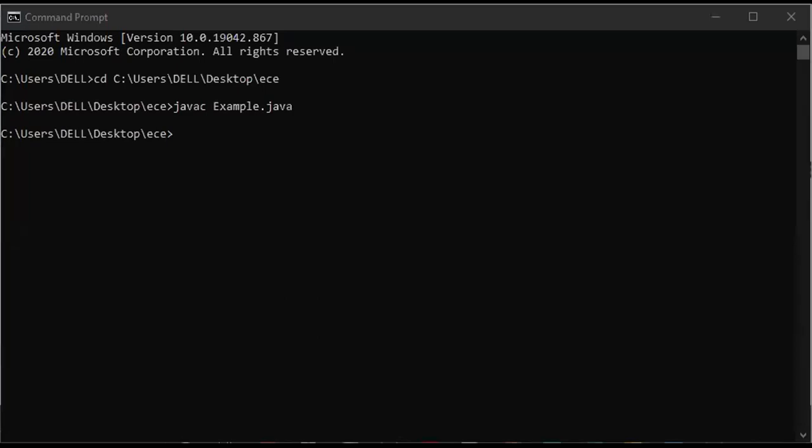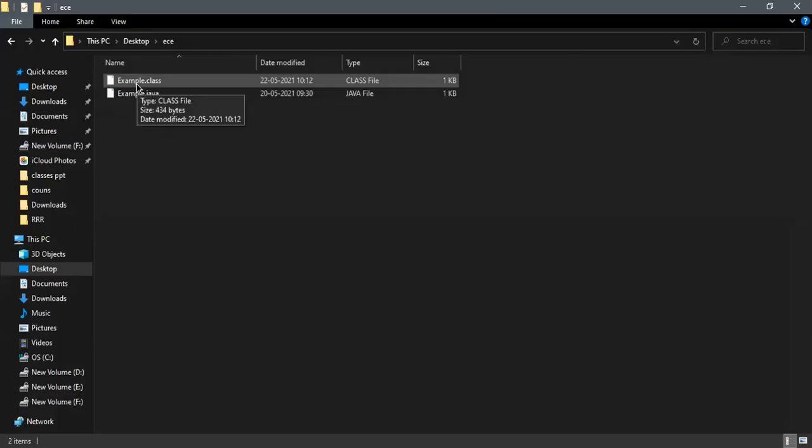I deleted it previously and it was created again because we compiled it. After the compilation, it gives the bytecodes. After the JVM and the memory allocation and all, the class file will be stored inside the particular location where the Java file is. Only where the Java file is will the class file be created. So now to run a program, we are going to use the same class file. Let me show you my command prompt.